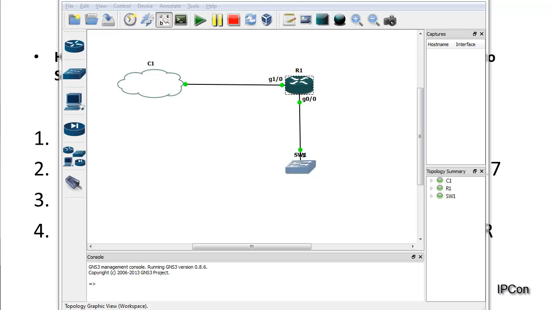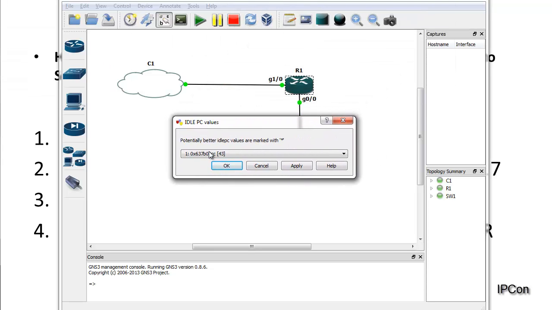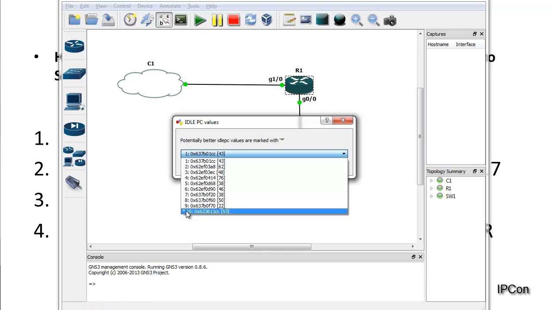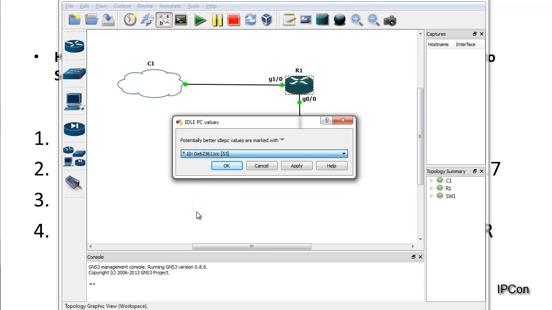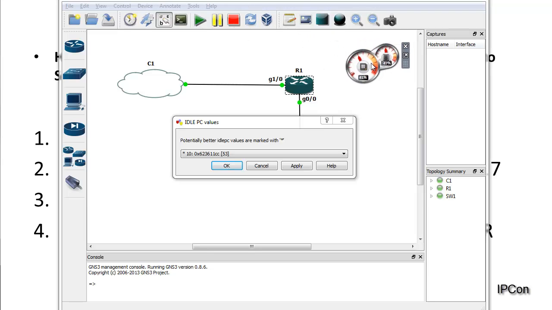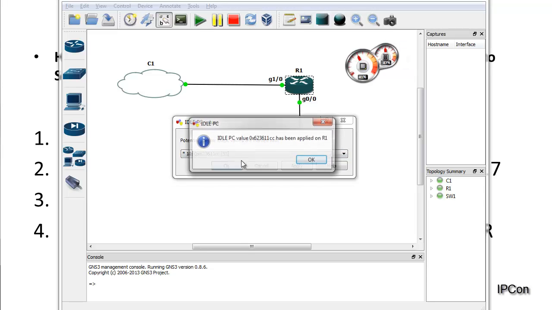A dialog box will open in a few moments which will say please select your idle PC, marked with a star option. The star option is the best option. Currently here we have a star option, meaning this one is the best option. Once you have selected your idle PC, click apply and OK. Before applying OK, let me show you guys what my process, the CPU usage and the memory, looks like. Now when I apply that and click OK,